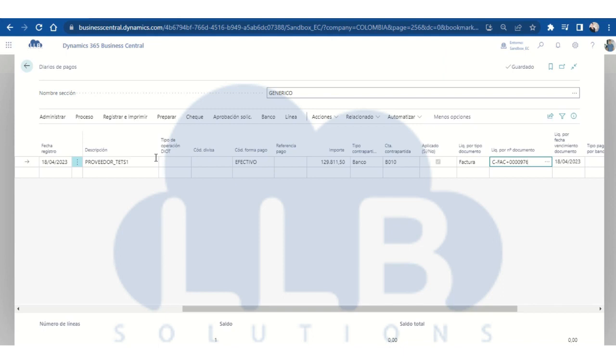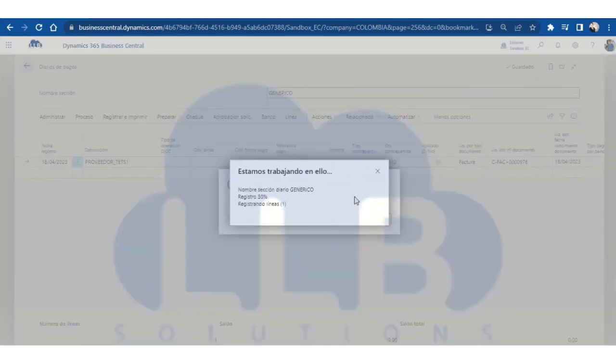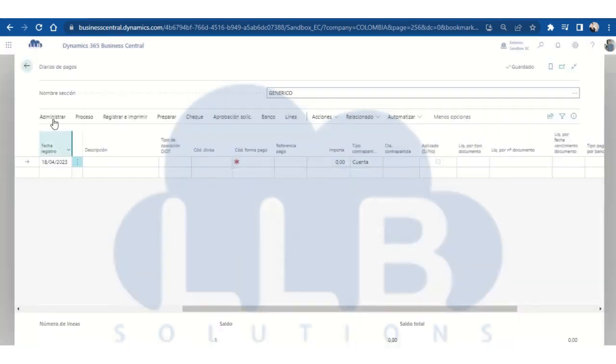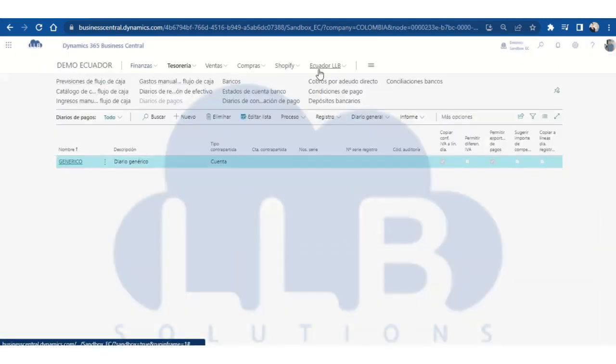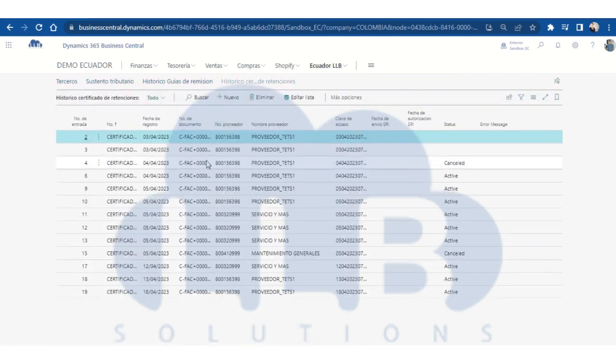When it is a multi-payment, several invoices are related. And when it is multi-payment with partial payments, all this will generate the withholding voucher. We are going to indicate register. We say yes. We wait, we give it accept, and we go up to the Ecuador tab, to the withholding certificates history,